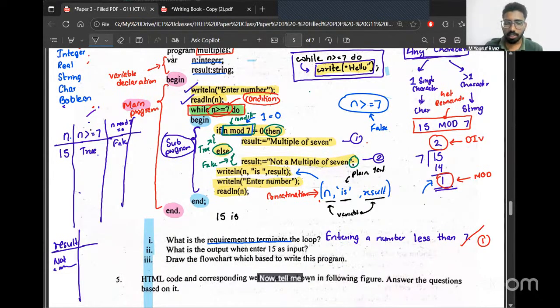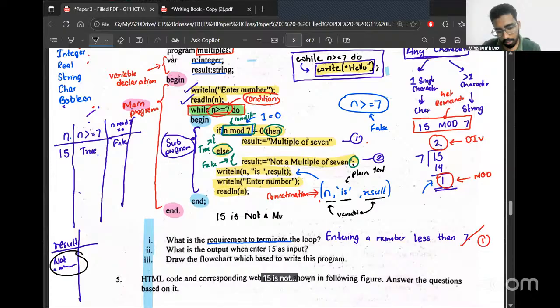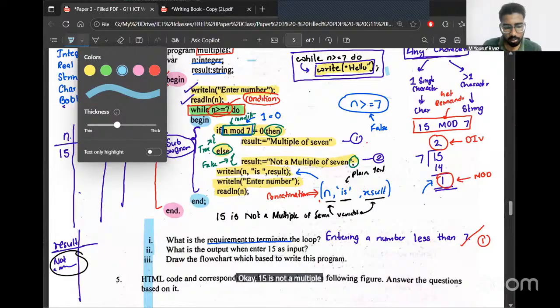Now tell me, what is result holding: a multiple of 7 or not a multiple of 7? Yes, we found out earlier that result is holding the value not a multiple of 7. So the output is going to be 15 is not a multiple of 7.